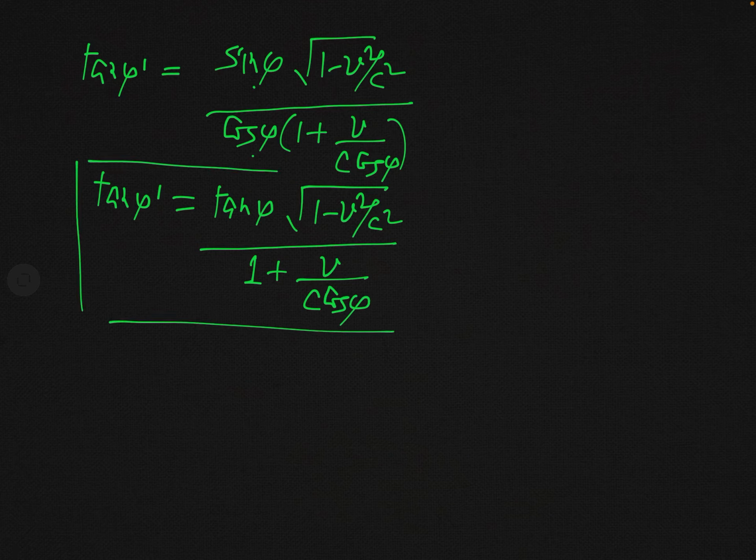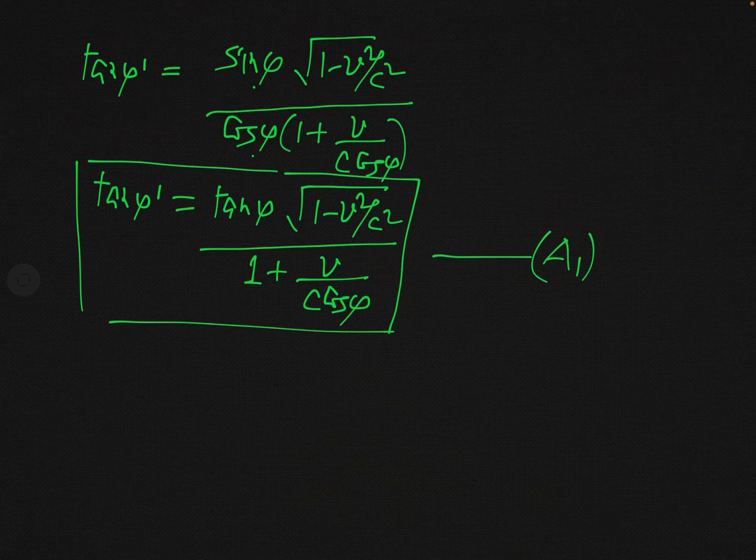Actually, this is the relativistic formula for aberration of light in this case, when the light is actually coming from a distant star to the observers. So let us say this is equation A1. Now you can write very easily the inverse of this relativistic